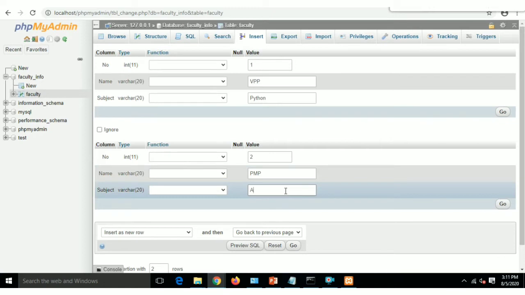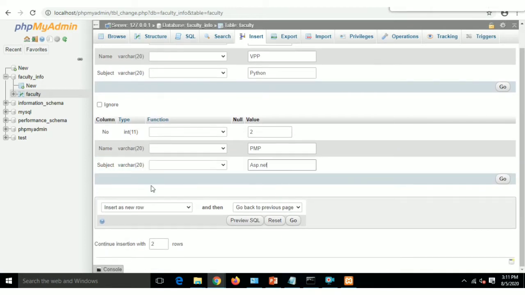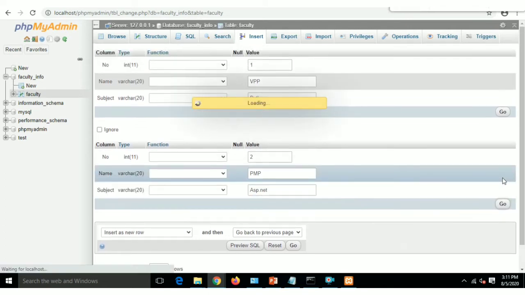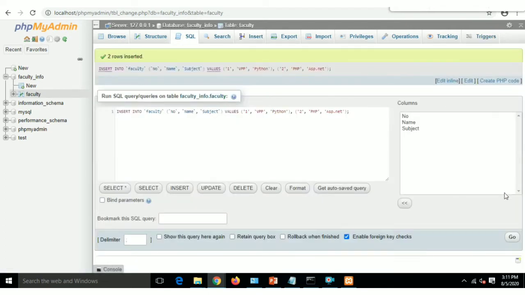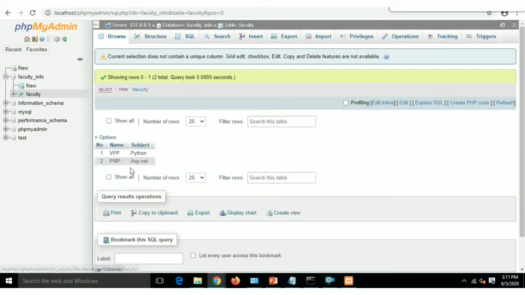So two records are inserted. Here you see that the two records are inserted in our faculty table. So you can see the table, two records are there.